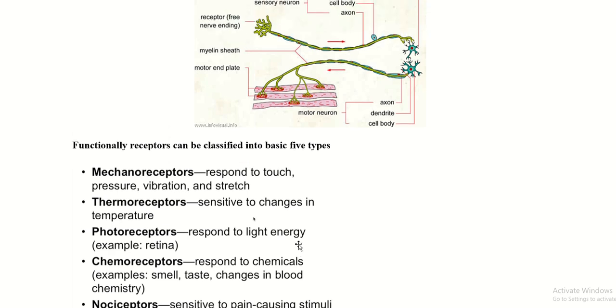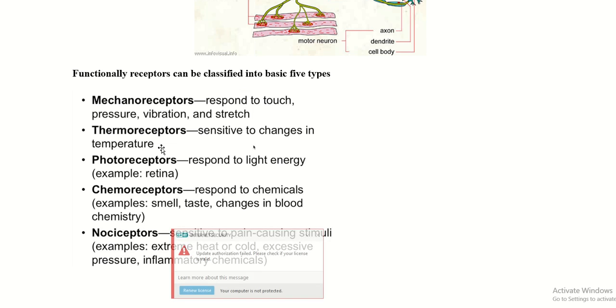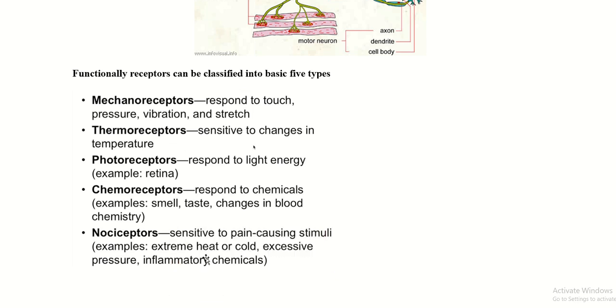According to the function, we can classify the receptor into 5 types: mechanoreceptor, responds to touch, pressure, vibration, stretch; thermoreceptor, sensitive to changes in temperature, it collects both warm and cold sensation; photoreceptor, responds to light energy; chemoreceptor, responds to chemicals, smell, taste, changes in blood chemistry;